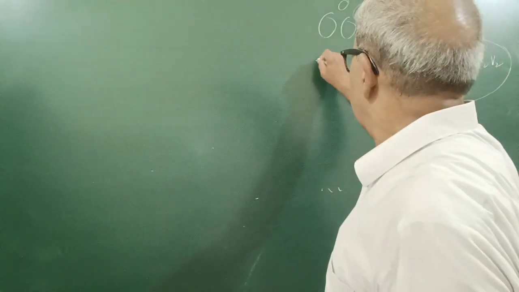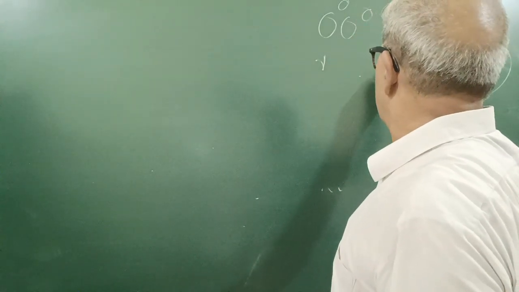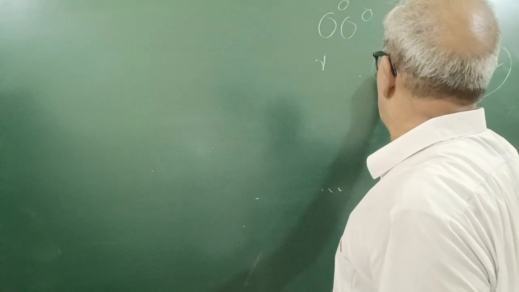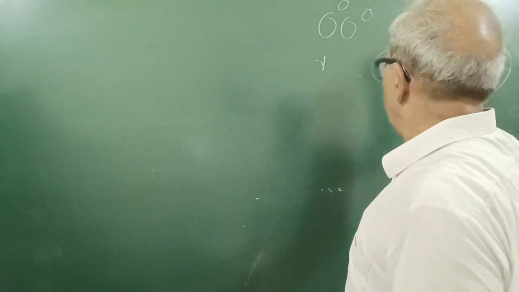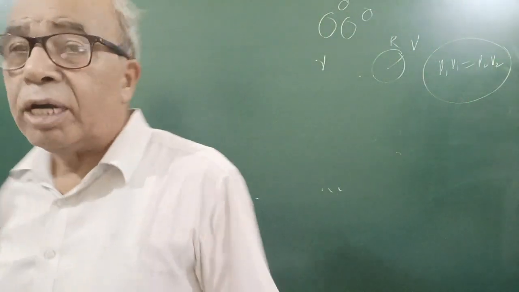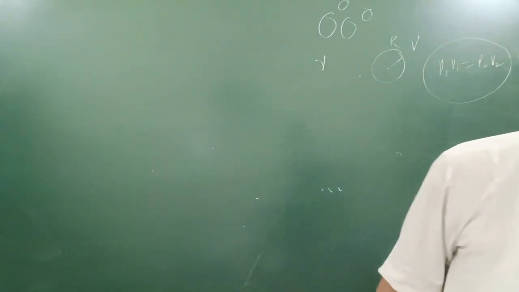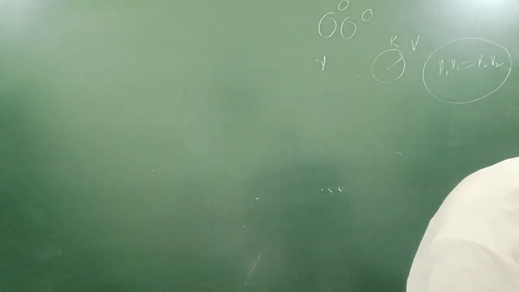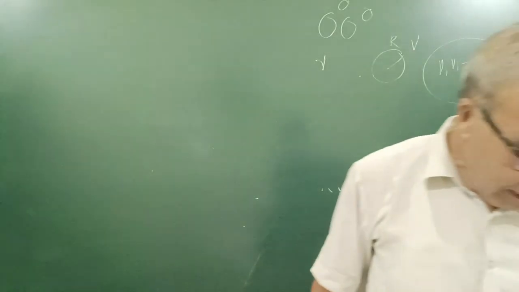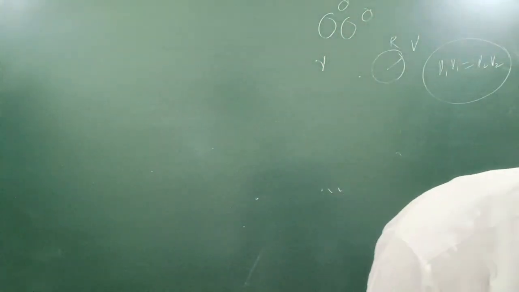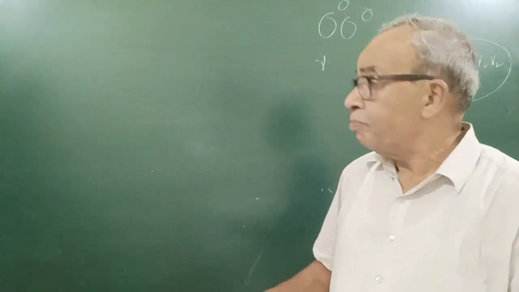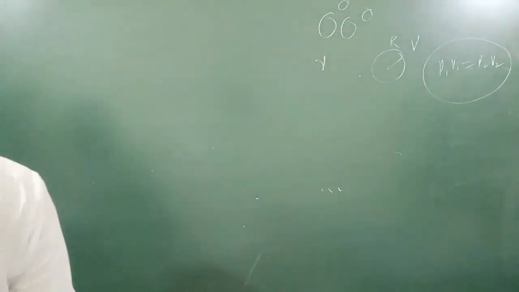A certain number of spherical drops of a liquid of radius r coalesce to form a single big drop of radius capital R and volume V. If T is the surface tension, then the energy